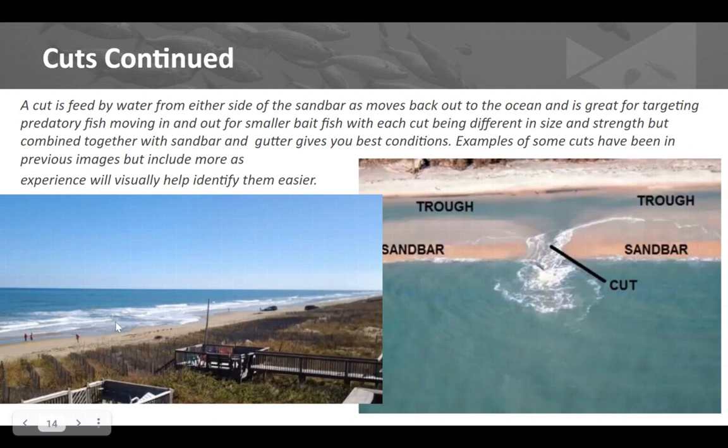So at high tide, when this all fills up, this would be your cut and entry point, and this would be a little troughy gutter that you would try and fish along this section of the beach, but you'd aim for this thing here. So the more of these that you see, the more examples that you get of these will help you identify quicker and easier. It does take time, so these are your channels that allow the water to flow basically back